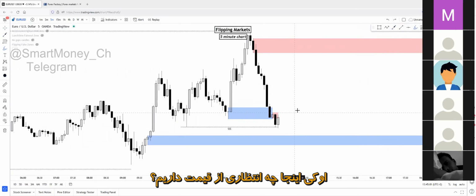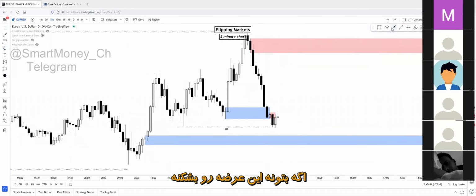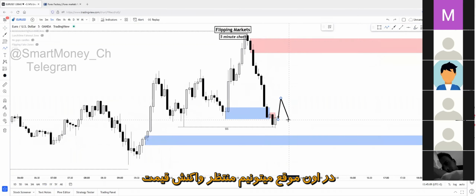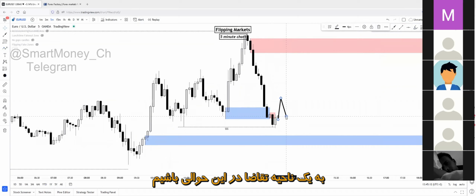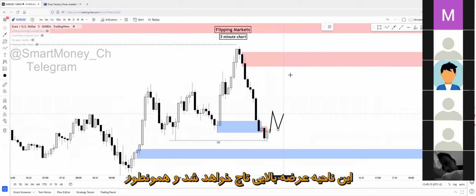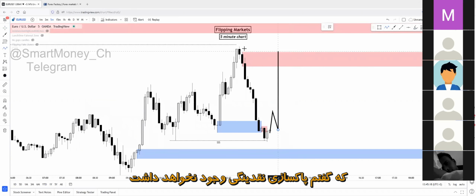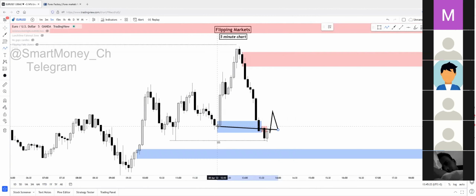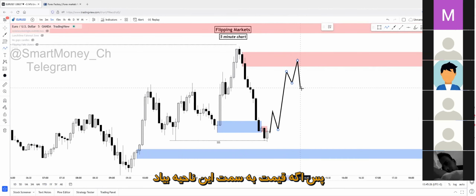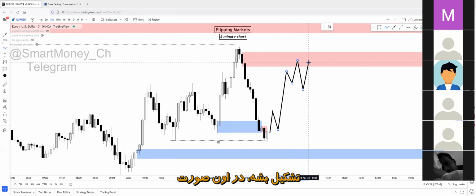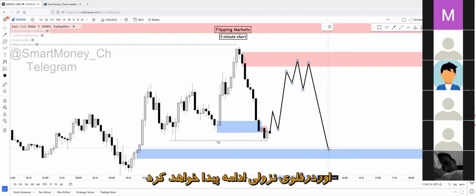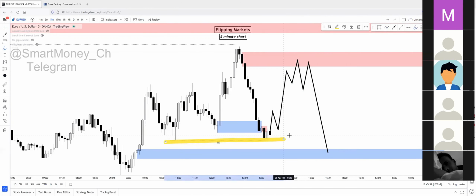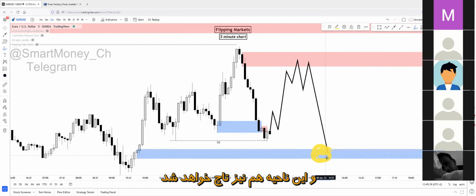Okay, what can we expect from here? If price can break above this supply zone and create a break of this supply and create another flip zone to the upside, then we can expect a reaction on some sort of demand zone right here. And we can expect the top of this supply zone up here. And as I said, a liquidity sweep won't be required because price could break below this zone. So if price can come up to this zone, then a change of character will happen right here. And the continuation of the bearish order flow will happen. And the sweep of the downside liquidity right here at this region will also happen. And the top of this zone will happen also.